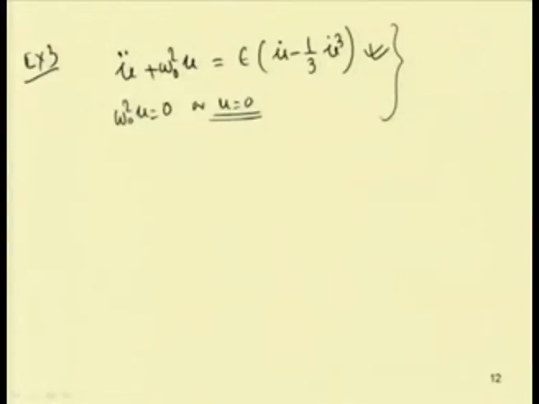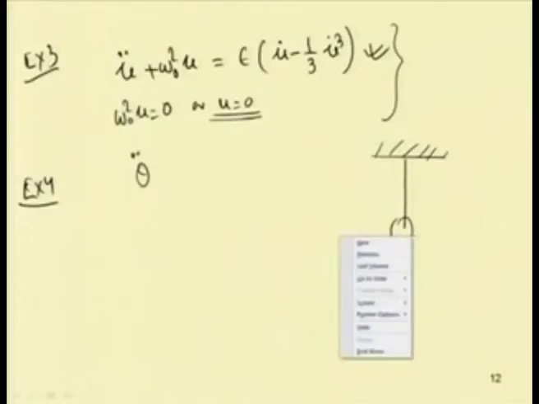And let us take another example in which one has to plot this potential, or do the qualitative analysis for a simple pendulum. So, in case of the simple pendulum, the equation of motion can be given. The system has a mass m and the length is L.